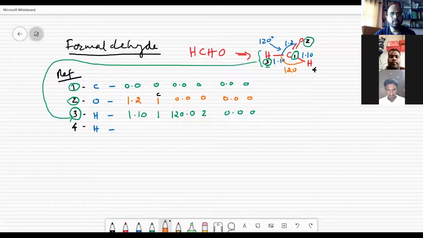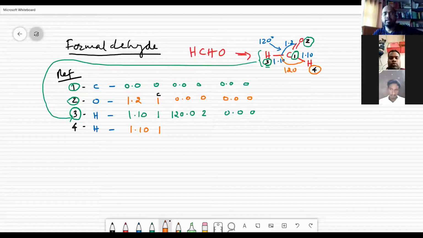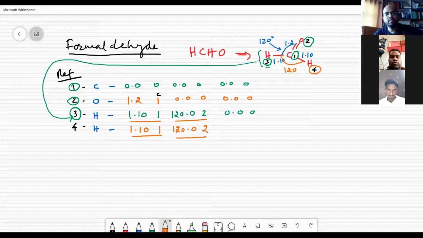And the last one, the fourth atom, is connected to the first carbon atom by about 1.10 angstrom units. Because I have taken this as symmetrical, I am taking the same value, 120 degrees, from 2. You can see that these values are nearly the same.